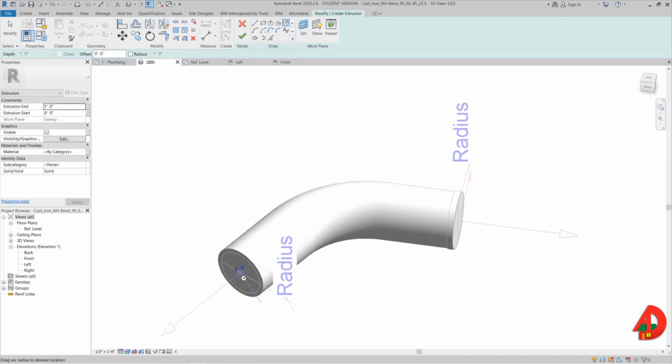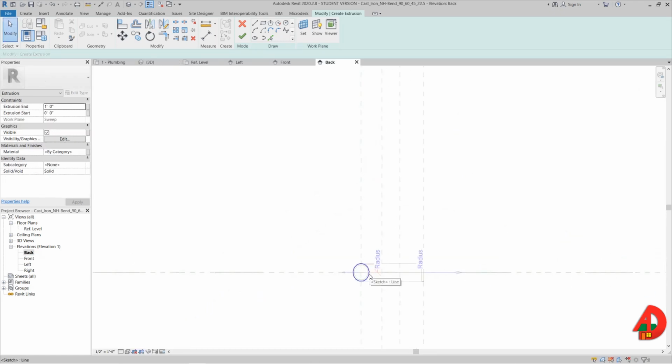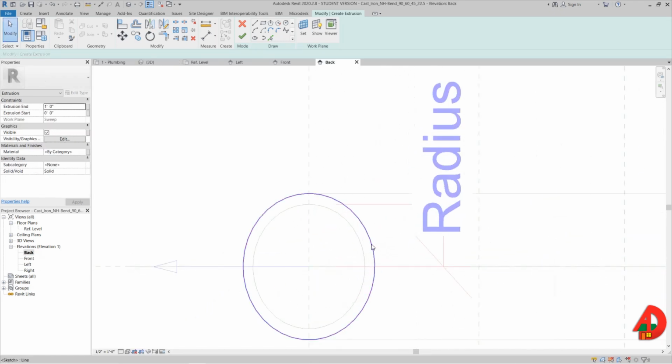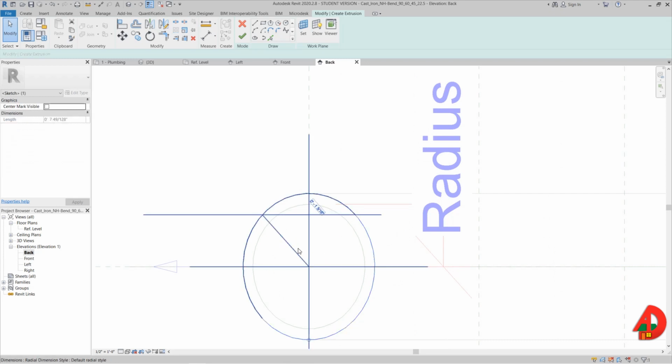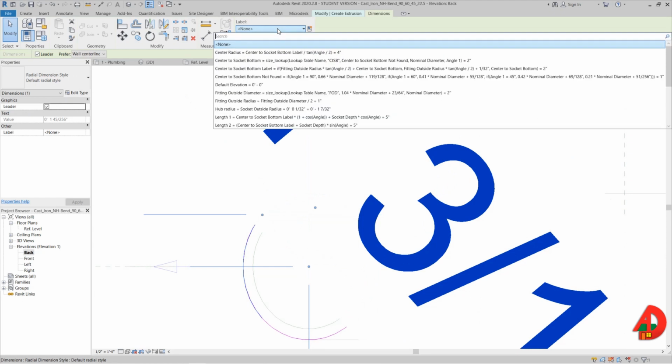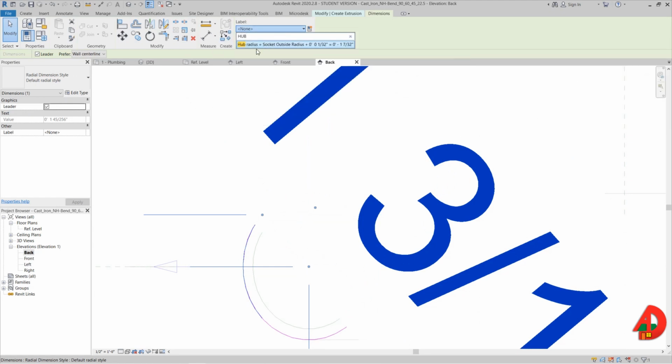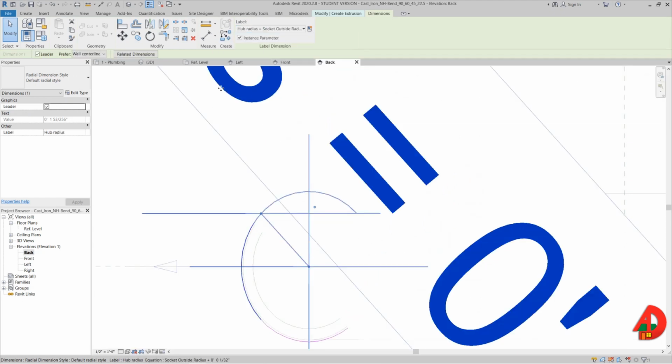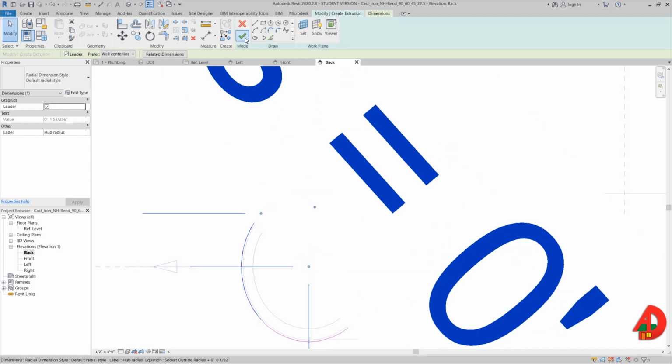Now I can create a circle starting from the center of the hub all the way to the exterior. I want to pull a dimension, but I need to go in an elevation view to do so. Now I can turn this temporary radius into a permanent dimension, then click on it and associate it with the hub radius parameter. And since I'm done with this, I can click on the green check mark,